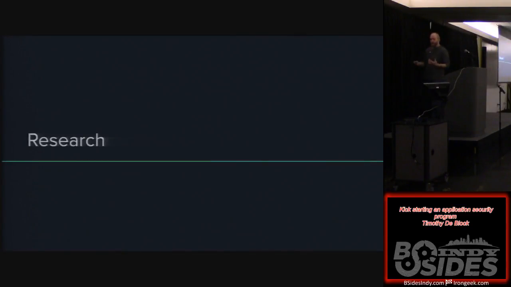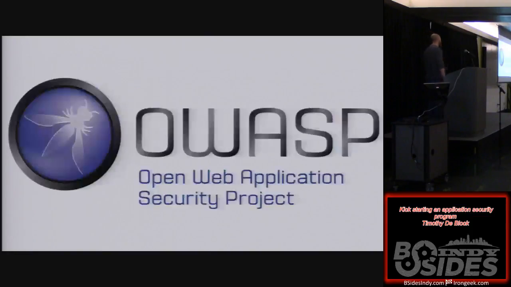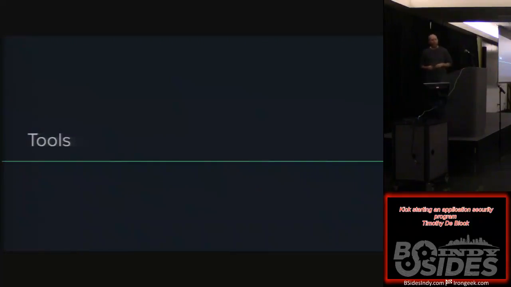So what I did was I started by researching. I used everyone's favorite IT tool, Google. And I literally put in how to build an AppSec program. Again, I'm starting from zero, don't know anything, don't know where to go. Google's my guiding point. But as you'll notice there, the first three results are from something called OWASP, the Open Web Application Security Project. This is a massive, nonprofit, open source organization just focused on application security. You're going to get a lot of value out of this. It has a knowledge base, it has frameworks, and it also has tools.